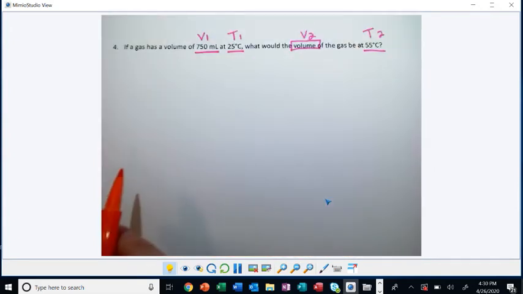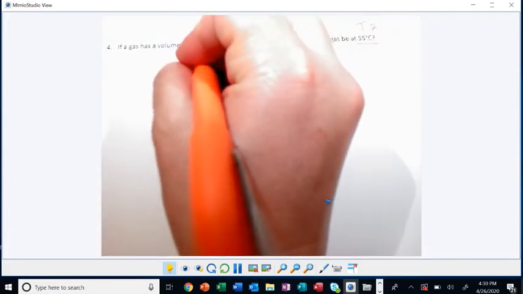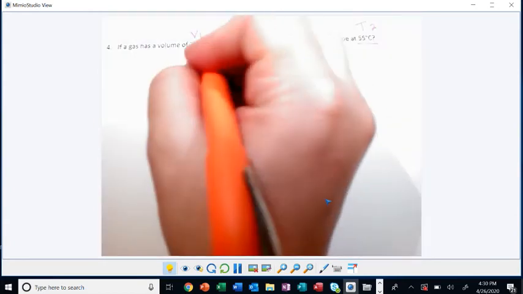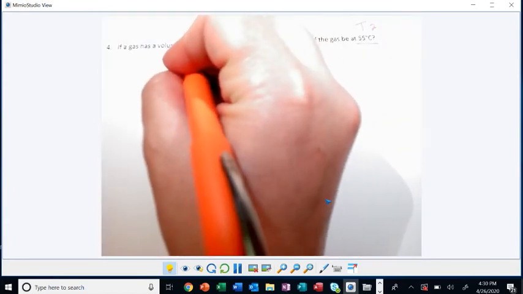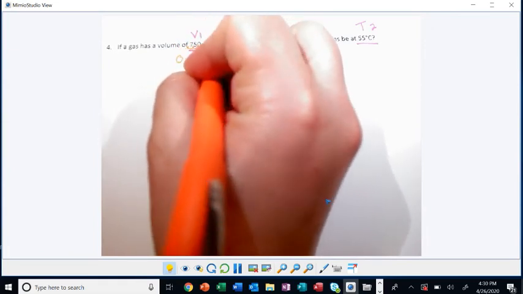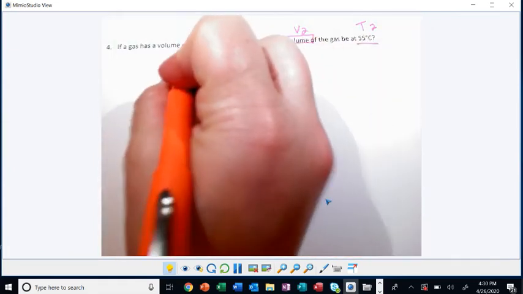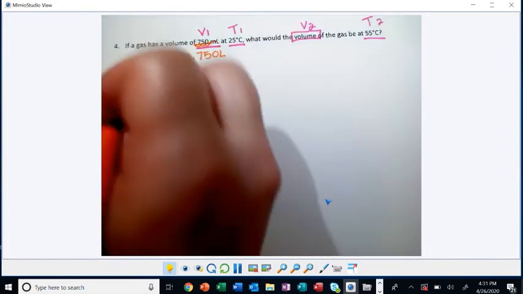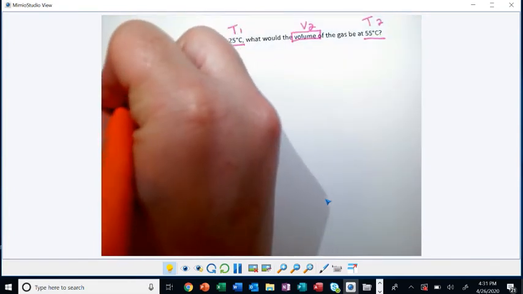And what I'm going to do is take the decimal place, which is currently behind the zero, put it there, and move it 3 times to the left. 1, 2, 3. So this becomes 0.750 liters. I'm going to cross that out because I don't need it. I'm just going to write it over here. So our V1 equals